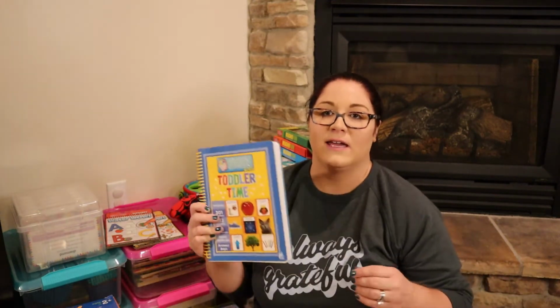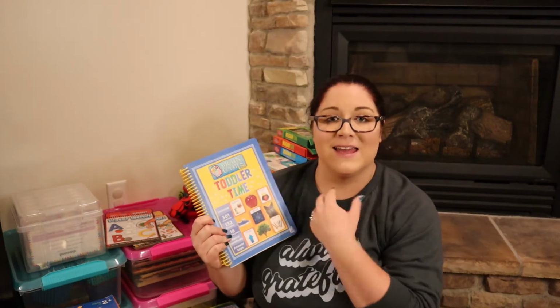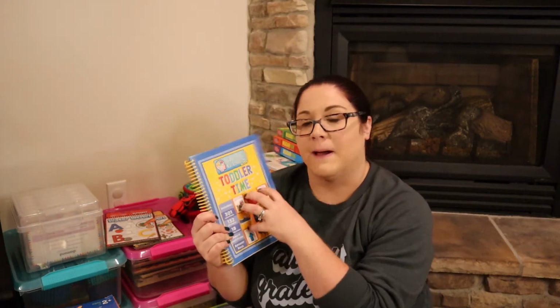And I'm not doing huge stretches of this. It's 1 or 2 pages, if that. I just want her to get used to looking at books and attending to what's on the page. So with that said,